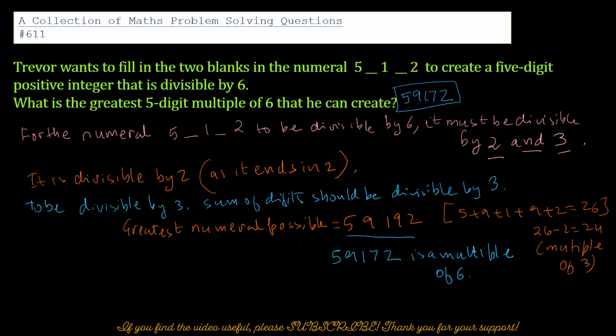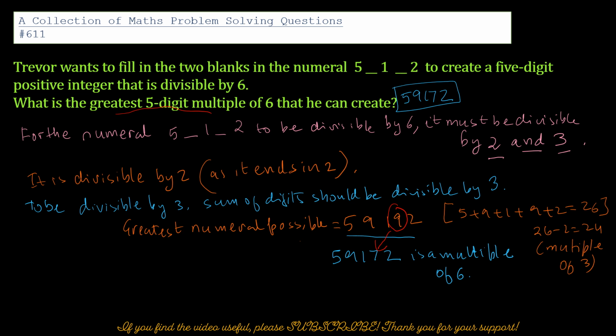So I change this 9 to 7. If I change the 9 to 7, because you have to bear in mind that it has to be the greatest. If I change any other digit, which I could have changed this 9 as well, the most I can do to make it highest is to change the 9 to 7. I can't make it any less, then it will be lower. It would not be the greatest